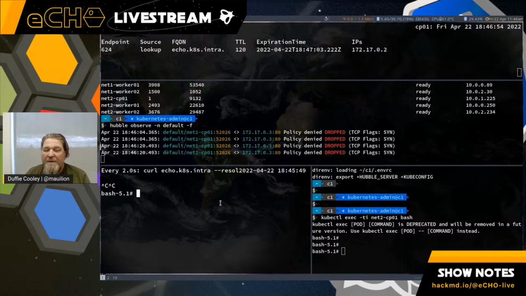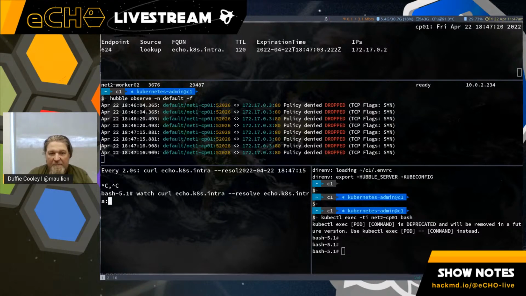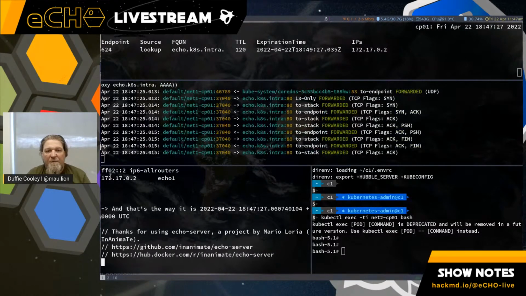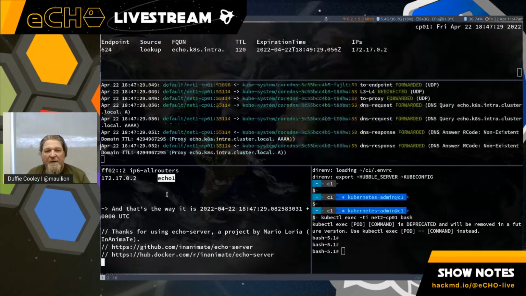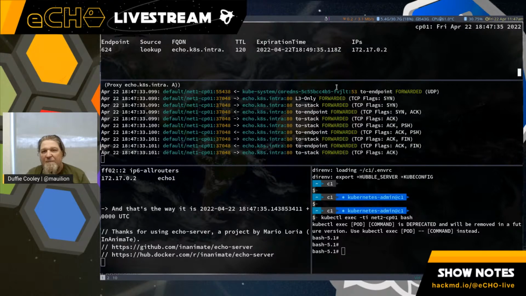And that means that if you cache that entry and your application is trying to connect to that IP address that was the IP address that this host resolved to initially, then you're actually just connecting by IP address, and we need to be able to ensure that FQDN policy will allow that traffic even if that behavior has changed. So I wanted to show you this because in my opinion, this is actually really pretty clear. So I do my curl command. I can see my connections going back and forth between 172.17.0.2, and it's talking to echo 1, which is what I'm expecting. And there's that record. And you can see that every time I resolve it, that expiration time is being updated.